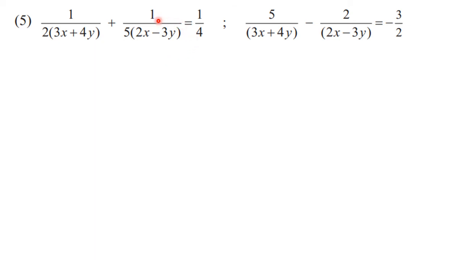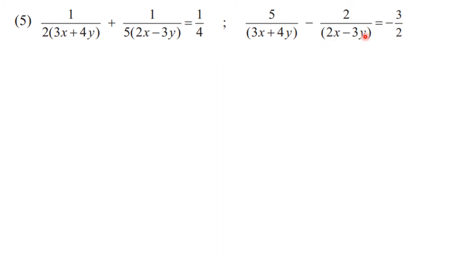Okay, so first of all you are going to multiply this equation by 20. Then all these three numbers will be eliminated. When you will multiply, here in the numerator you will get 10. Here you will get 4 and here you will get 5. Okay, and these brackets will be there. Now these brackets are same. See, here also 3x plus 4y is there. Here also 3x plus 4y is there. Here 2x minus 3y. Here 2x minus 3y. So you can go for substitution because they are same.